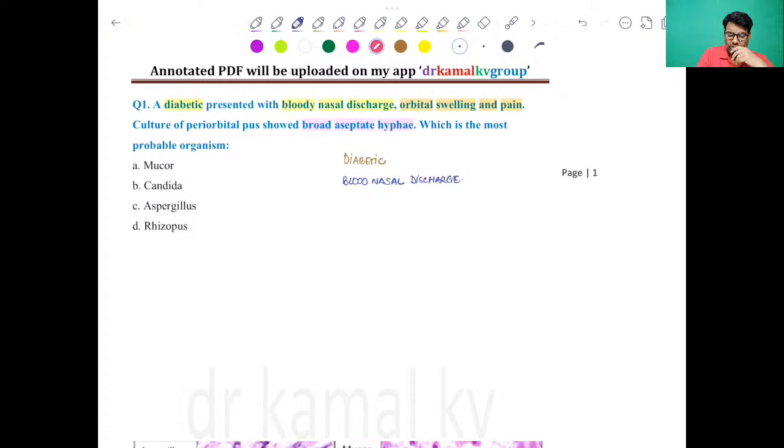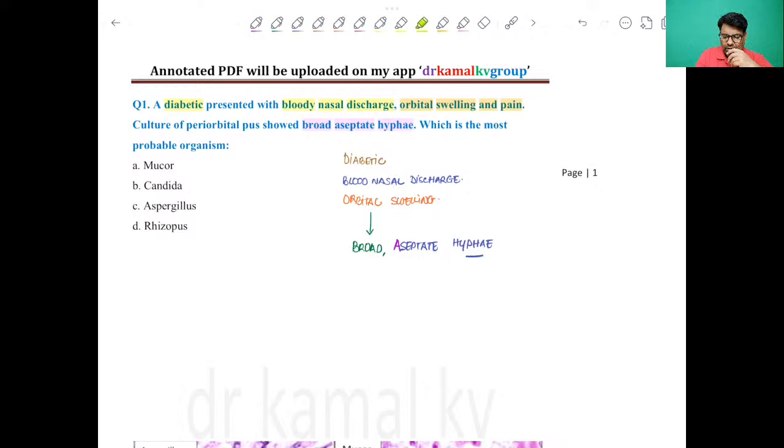Then there is orbital swelling with pain, and when the culture was done, there was broad but aseptate hyphae. Right, so these are broad aseptate hyphae. Now, if you have this kind of picture where there is a diabetic person who is having any